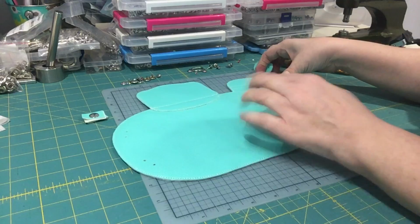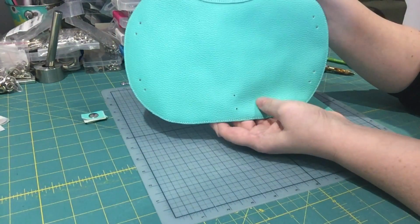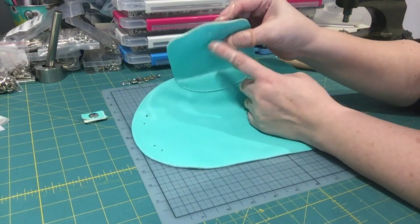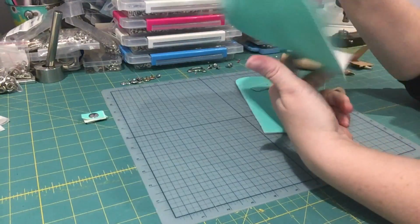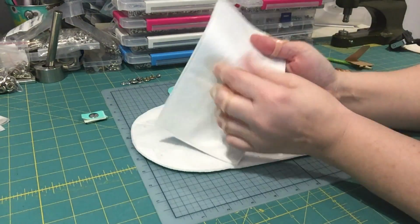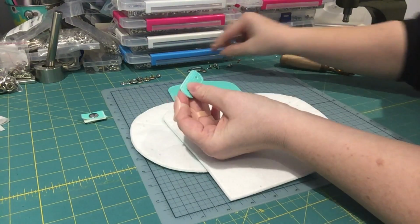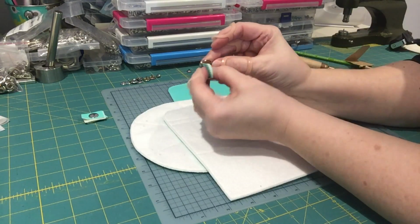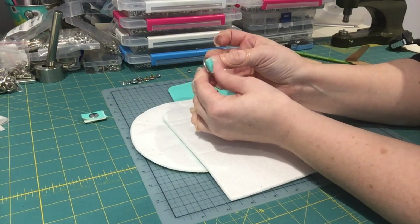All right, so now we have these snap holes, which are these two holes here, and this one up here is a snap hole, and these other 8 holes are the rivet holes. Okay, this is a snap hole, and these are rivet holes. So this one, because I am adding it, the D-ring goes on there like it would, kind of like a